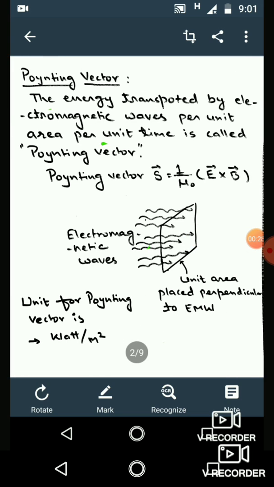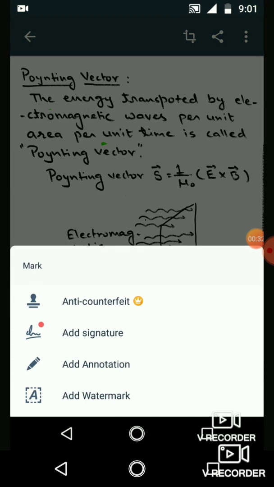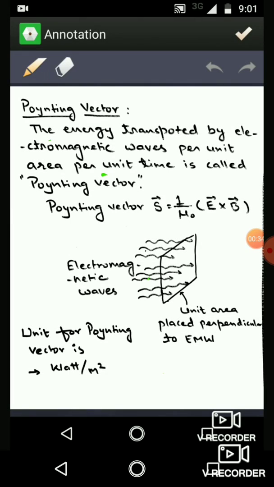Let us define what the Poynting vector is. We can see here that some electromagnetic radiation, electromagnetic waves, are propagating in a particular direction, and a unit area is taken perpendicular